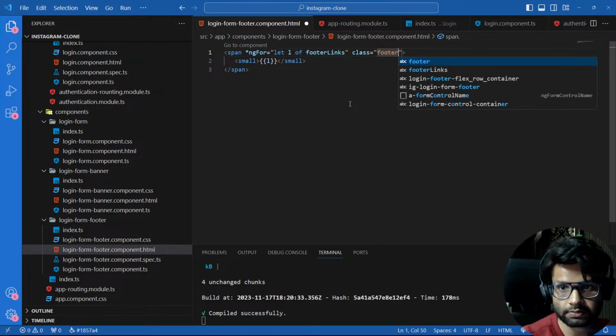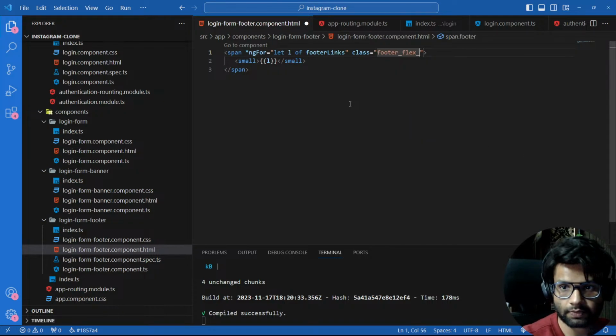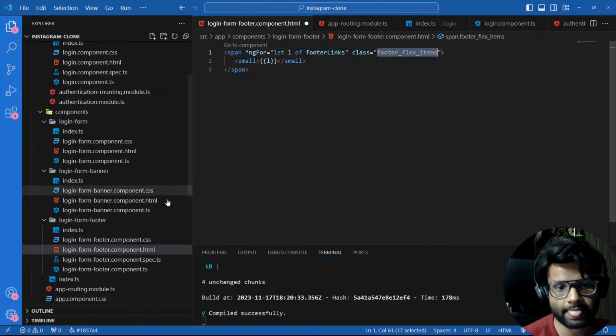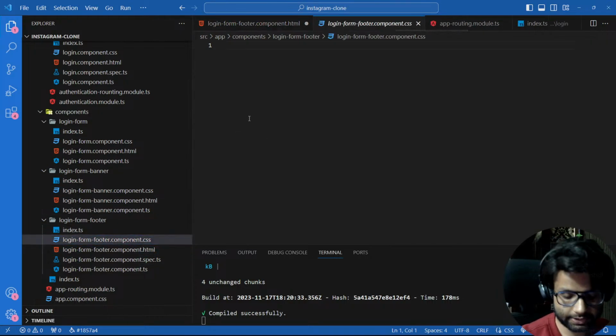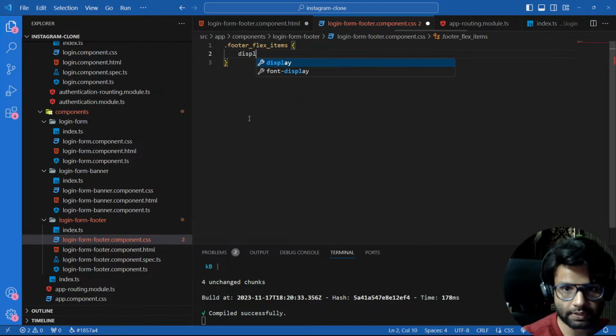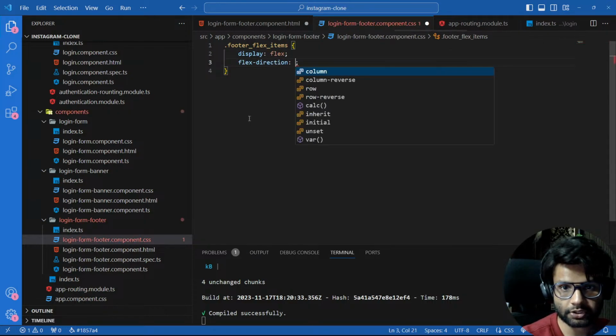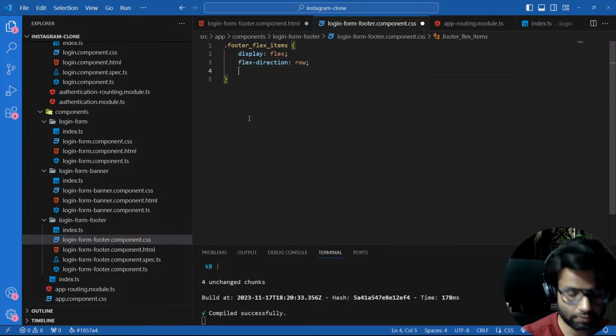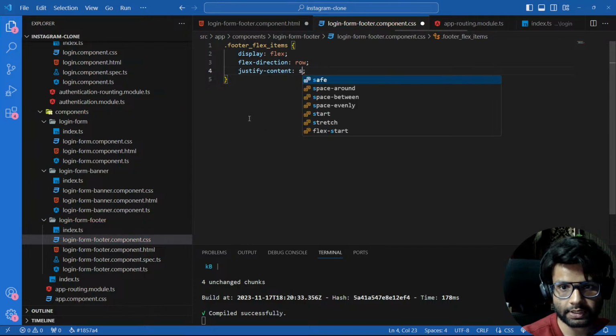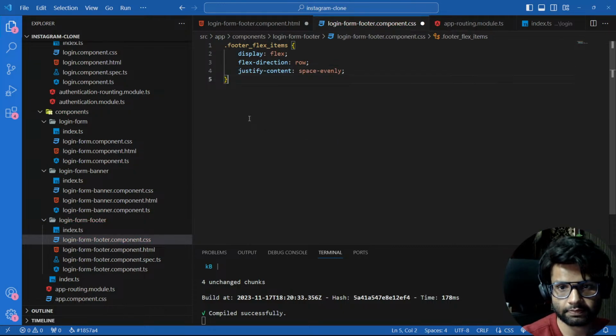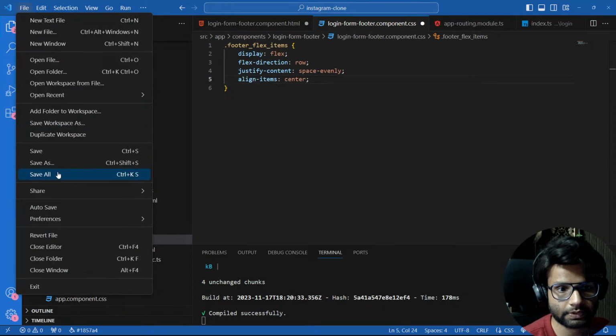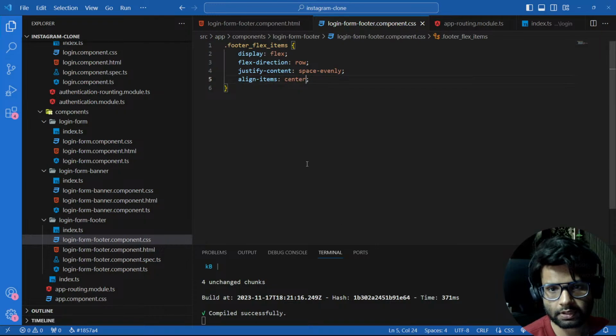So footer flex items. Let's go to the CSS. Let's place this thing here. We know that display is flex. My flex direction is row. My justify content is space evenly, and my align items is center. Let's save everything, and